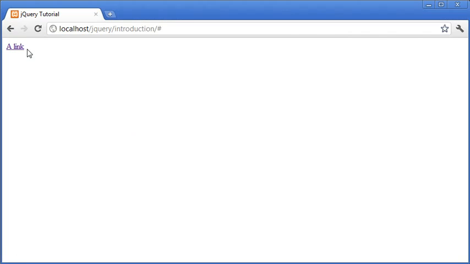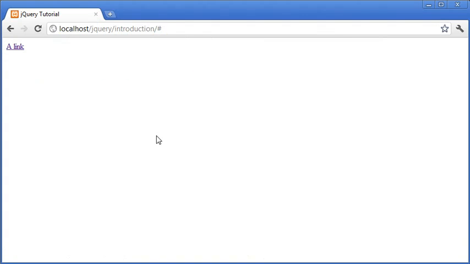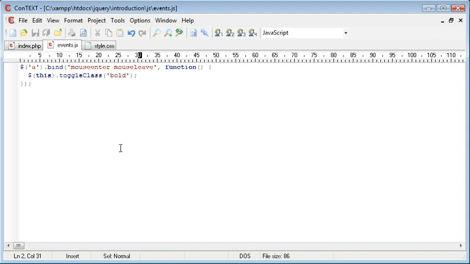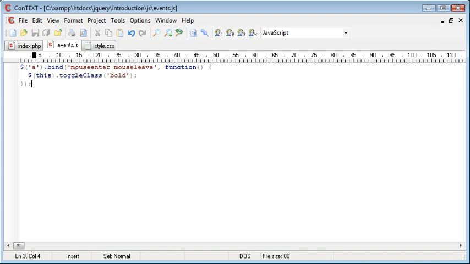So now what's going to happen is when we go in, the toggle class saw that the bold class wasn't applied to this element, so it applied it. But now when we mouse out again, which is mouse leave, we remove the class because it was already added to that particular element. So using bind has cut our code down dramatically from I think 6 lines to 3 lines, and we've also created something that's more acceptable to how you would usually write something. What's the point in writing additional code when you can write that code in these 3 lines,